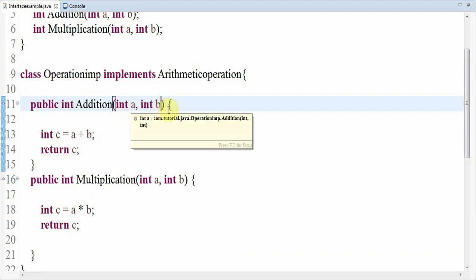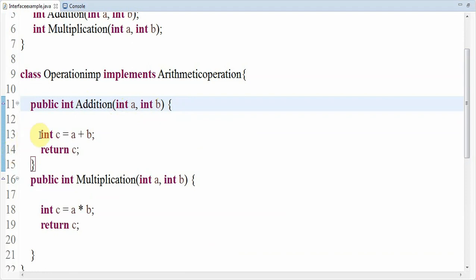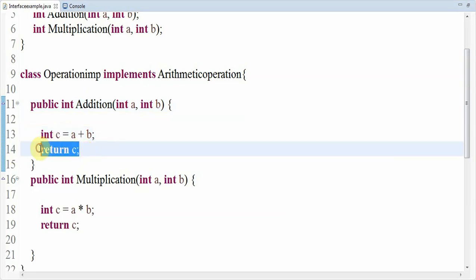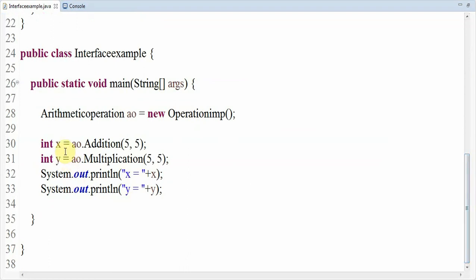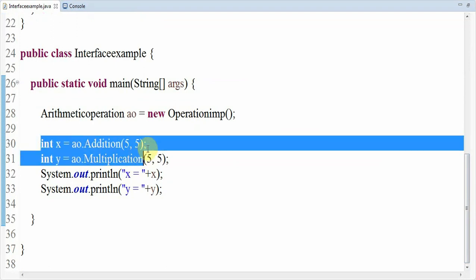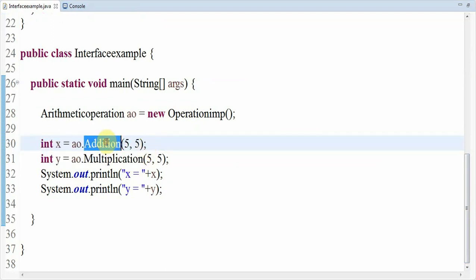Inside that you can see int c equal to a plus b, so the 5 plus 5 operation will happen inside this method, and c holds the value of 10 after the addition operation is performed. It will return the value of 10 over here, and when it is returned, it will store the value of 10 in the x variable. So that's the meaning of this particular line. When a method is called and it returns something, the returned value will be inserted into the